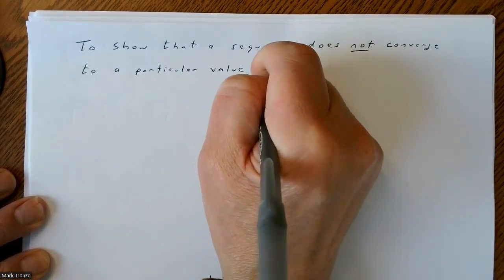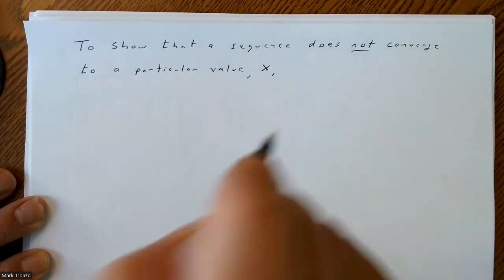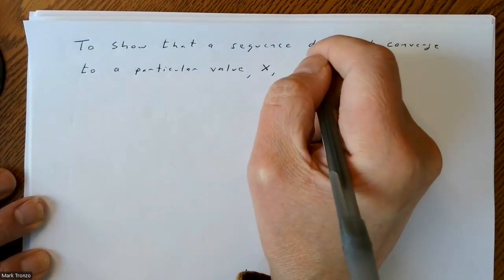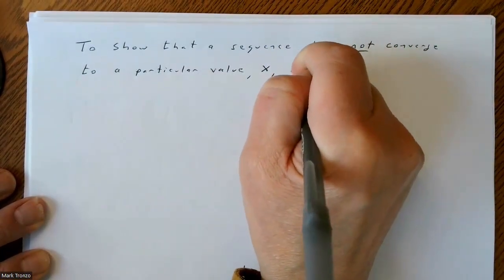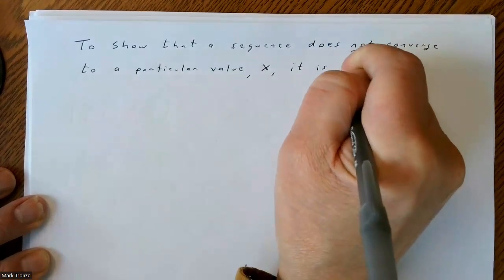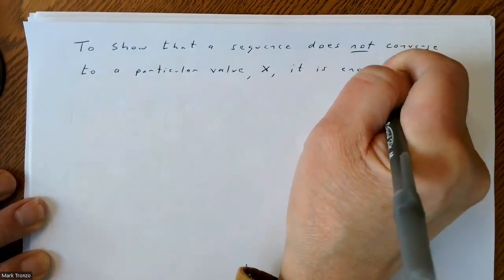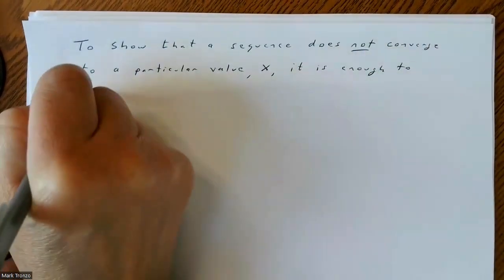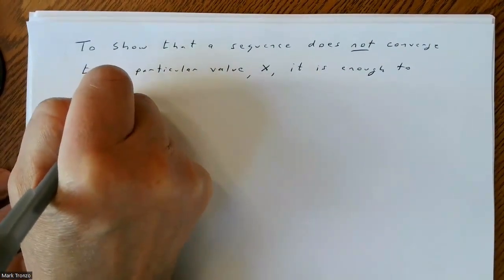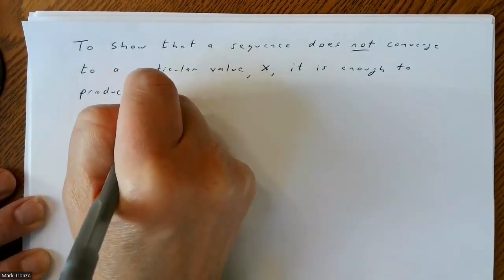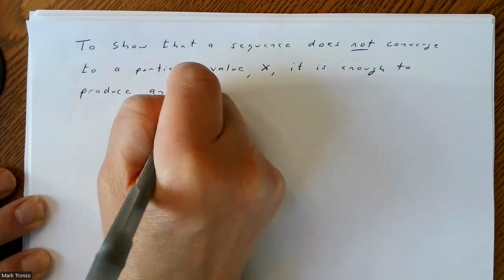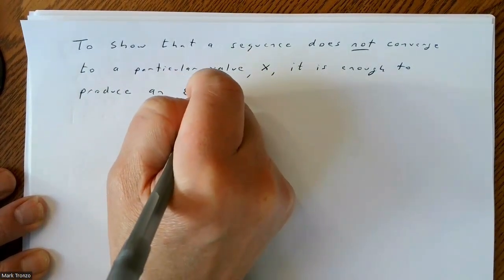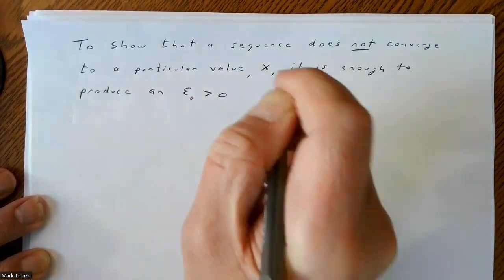I'll call it X. It is enough to produce an epsilon, maybe an epsilon sub 0, such that